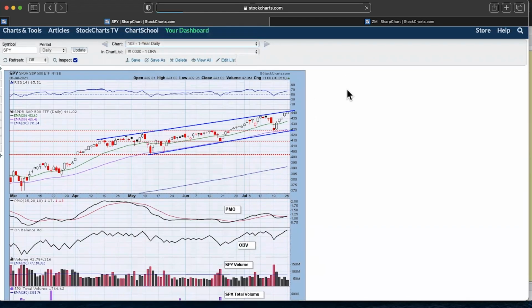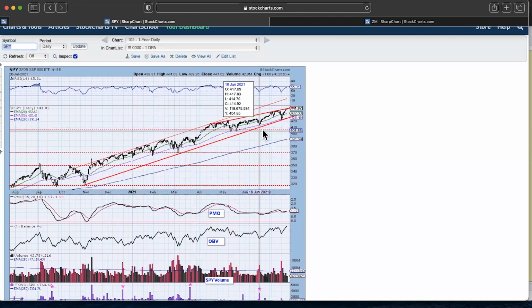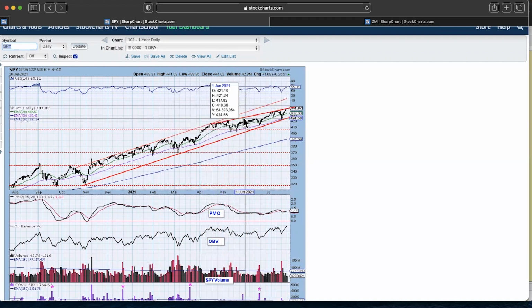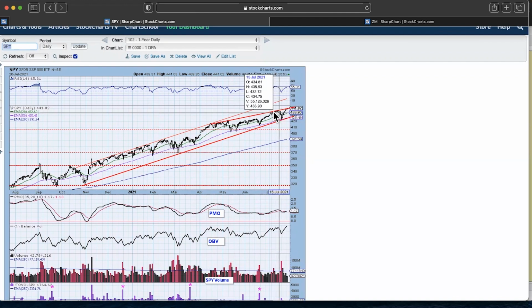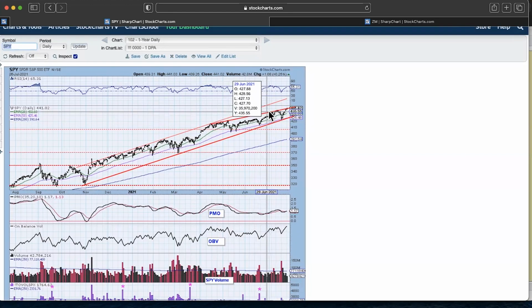The 1-year daily chart I'm going to show you mainly because what we're looking at is a really nice rising trend channel out of those November lows, and that is still intact. The issue we have is that we have this bearish rising wedge. You saw that on the other chart. Looks like we need to adjust this a little bit, but we have that rising wedge nestled right in between this intermediate term rising trend channel. So we've failed a bunch of times now to get to the top of that rising trend channel, and that always makes me a little bit